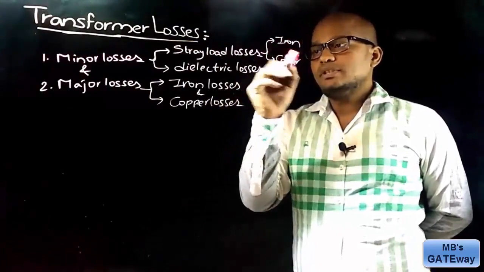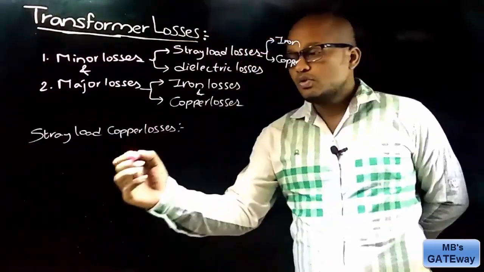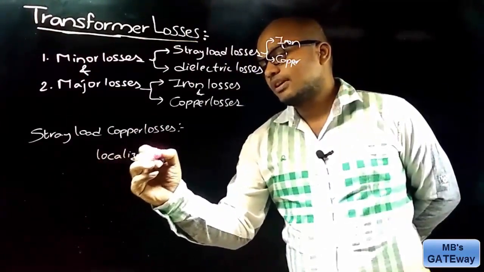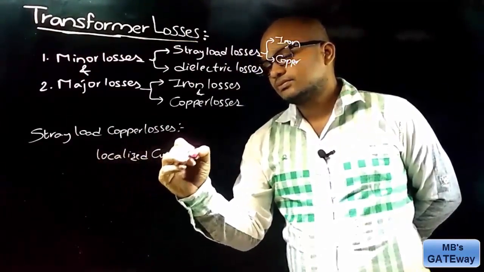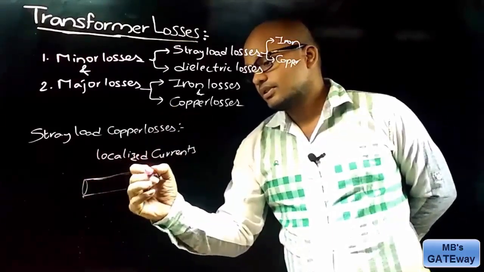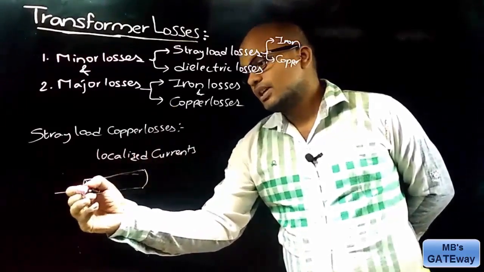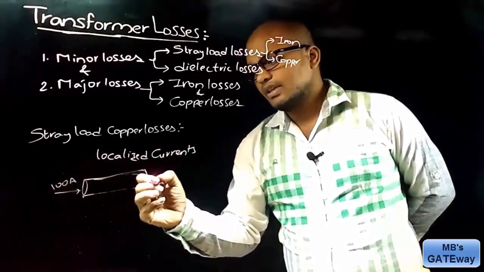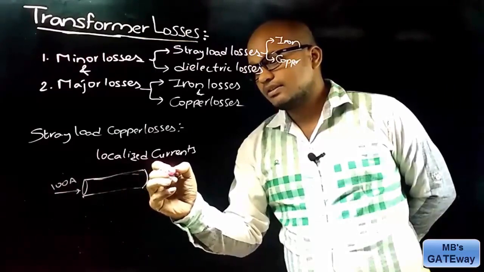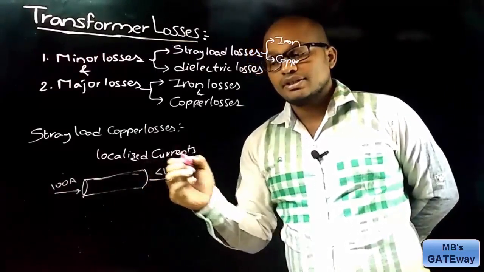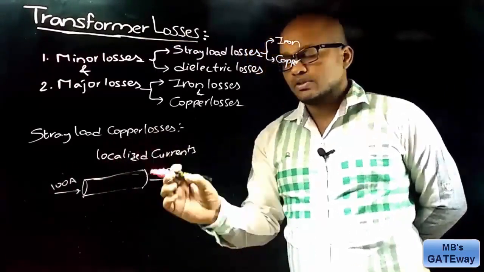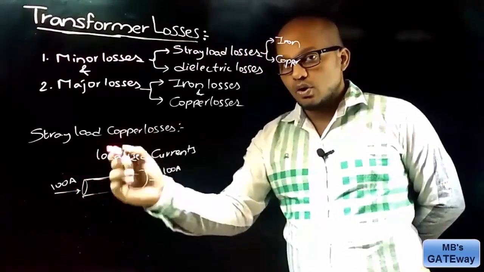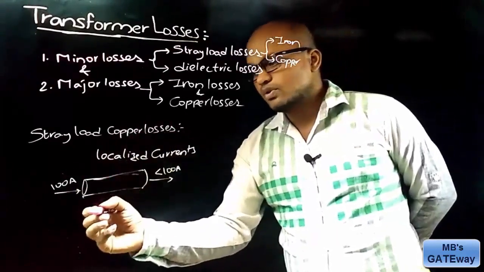Now let's discuss the stray load copper losses. Stray load copper losses are because of localized currents, which means if, suppose, this is the conductor which has an input of 100 amperes, the output will be less than 100 amperes. This is because of localized currents. So to get the output equal to the input, we need to minimize these localized currents. So to decrease localized currents,